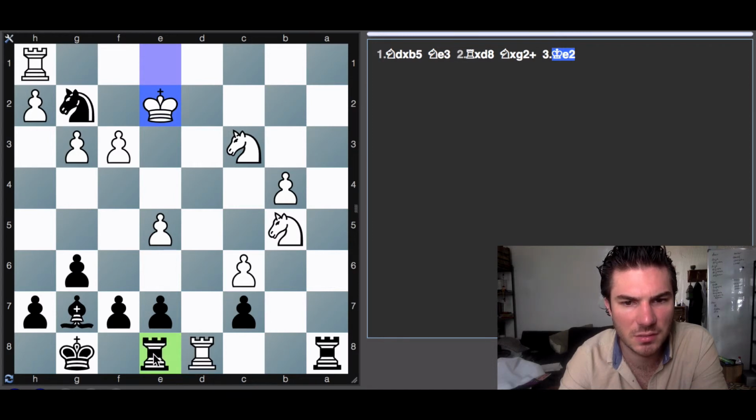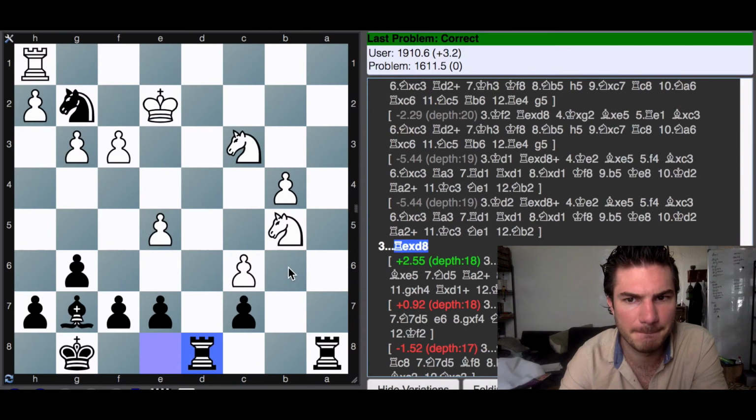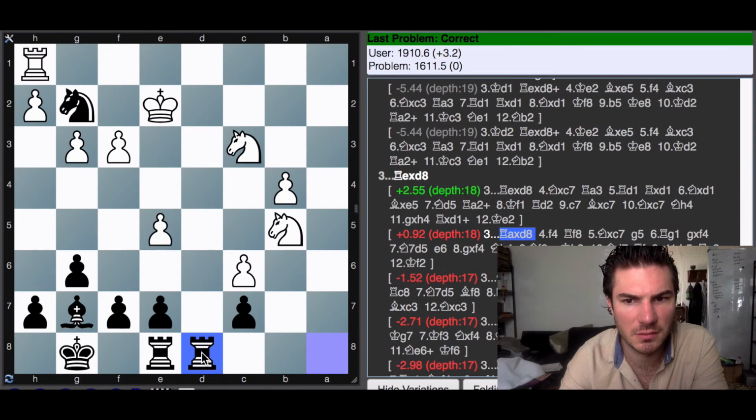Taking with this rook, probably better. This rook takes, rook c7. This rook takes. Wait, this rook takes, knight c7. Rook c7, then he has knight b5. I don't see how that changes anything. I wonder if it gives this as an alternate. This is not as good because of...